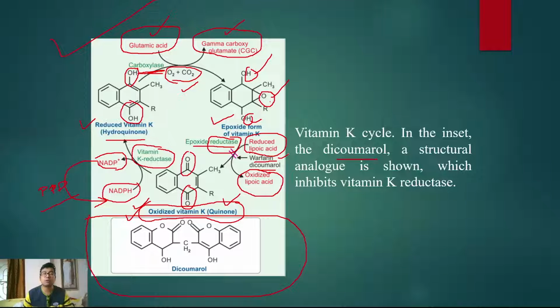Vitamin K is a procoagulant. Vitamin K was activating the clotting factors, so if this cycle is stopped, the clotting factors will not be activated and the whole thing will now go in the reverse direction. So in some situations where we do not want clotting, you will read what those conditions are, warfarin will act as an anticoagulant. There are multiple scenarios where we do not want clotting, and this in the inset is nothing but the structure of dicumarol, not important for you.